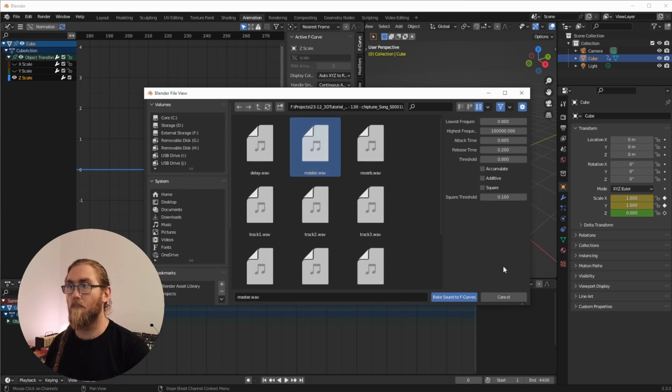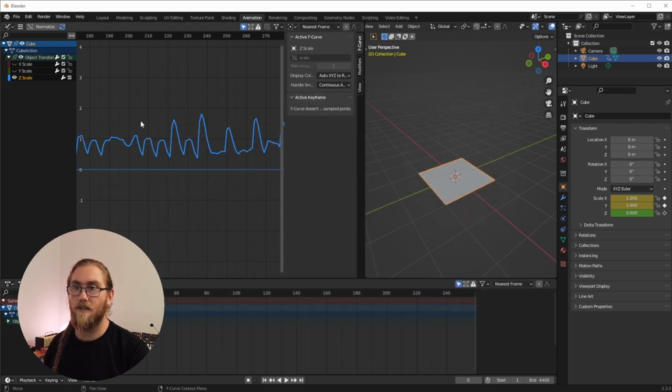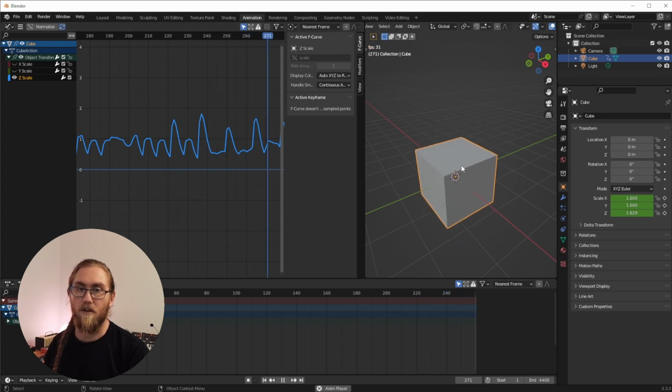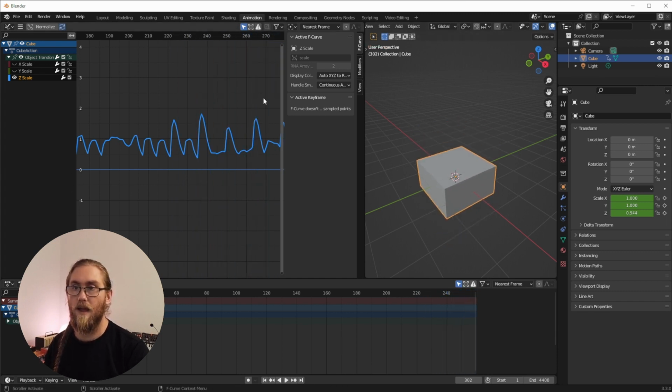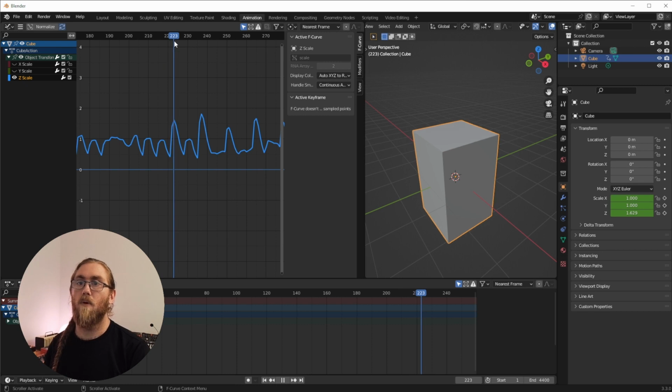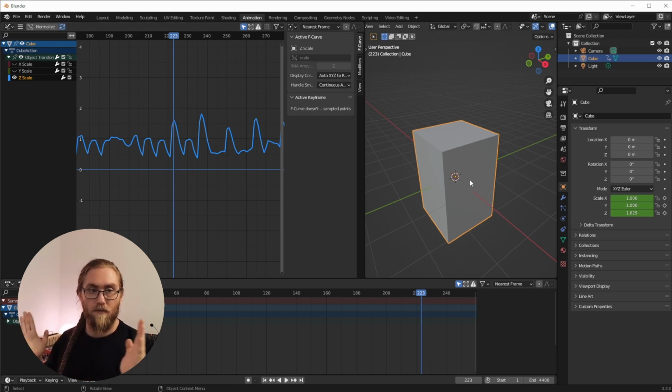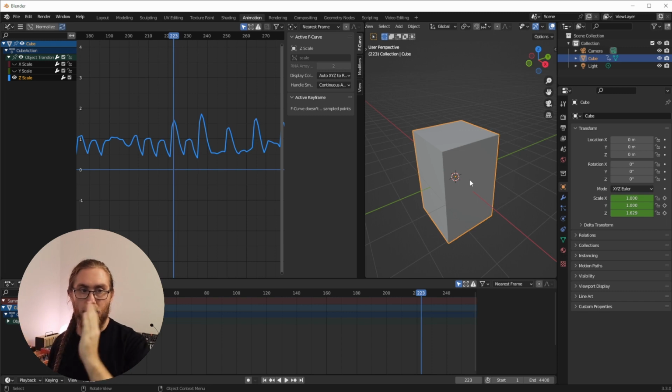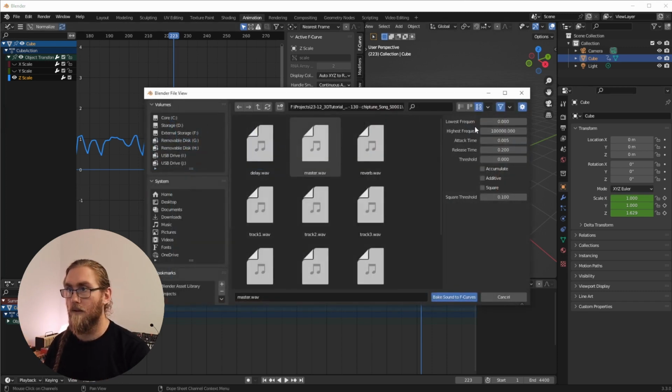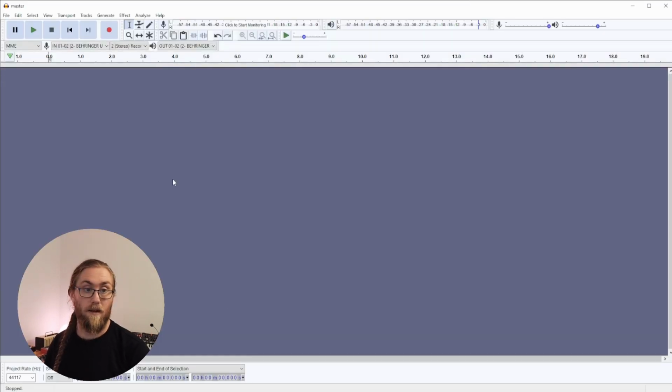So if I just bake the master file right now on frame 0, as you can see, we're getting a whole bunch of information, and those kicks are sort of lost in the animation itself. So what we need to do is figure out where the kick is sitting on a frequency spectrum, and then we can animate that number. We can use the lowest frequency and the highest frequency,